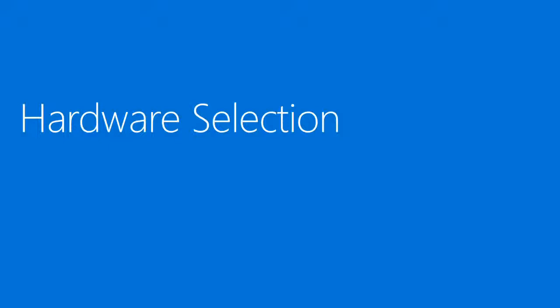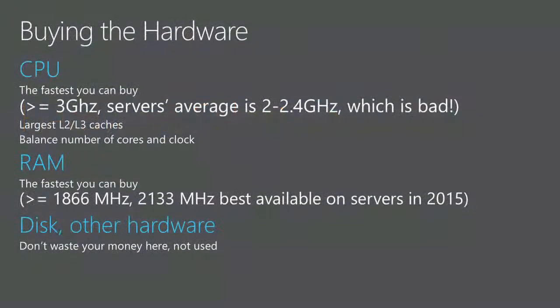But an important point is the hardware selection. How many of you run the server in a host that you don't have control of? So you don't know what the hardware is. Well, many of you can control the hardware, which is a good idea, because the hardware is very important. The hardware is very important because most of the servers that you find in a server farm these days have these characteristics. The average of a server is around 2.4 gigahertz.